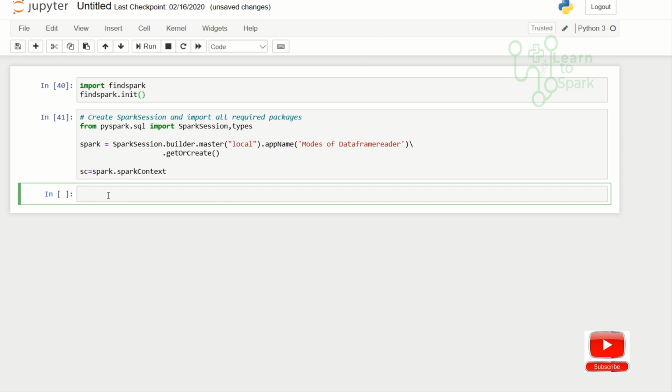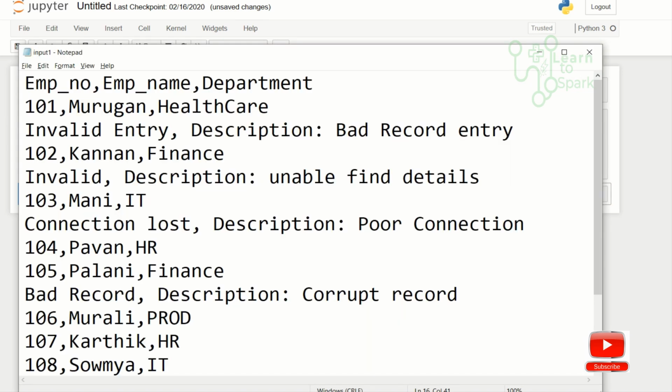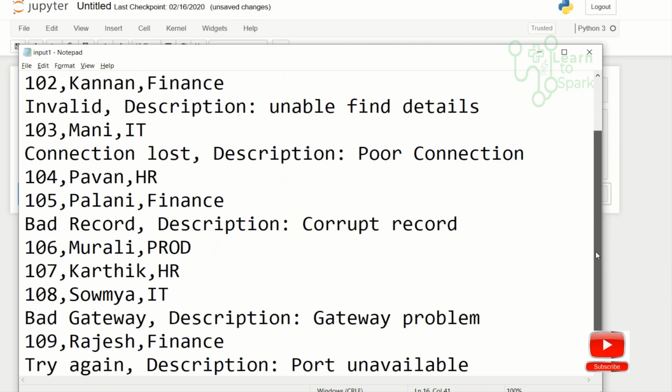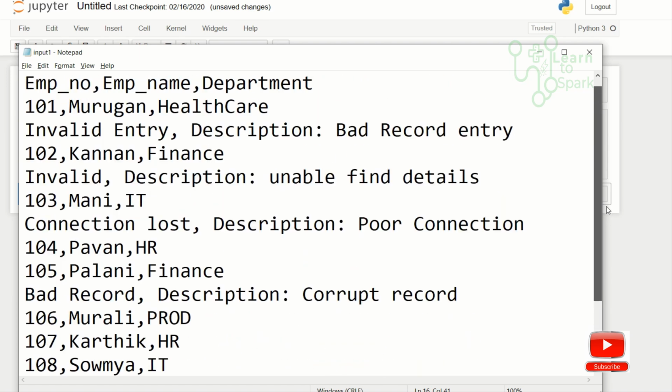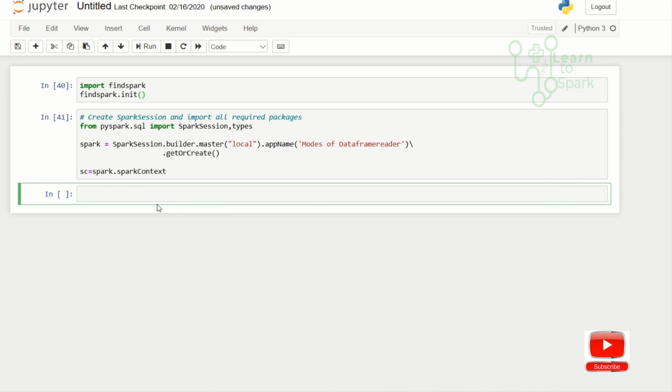As usual, we opened a Jupyter notebook and I initiated a Spark session and Spark context. I have an input file like this, the same one that I showed you in the PPT, with a few more records added. Let me read this file first without any options. I will give header as true.